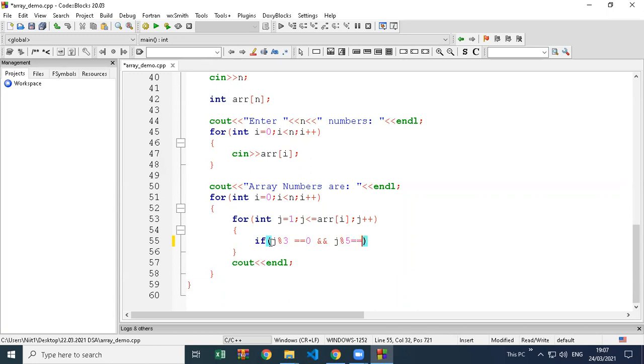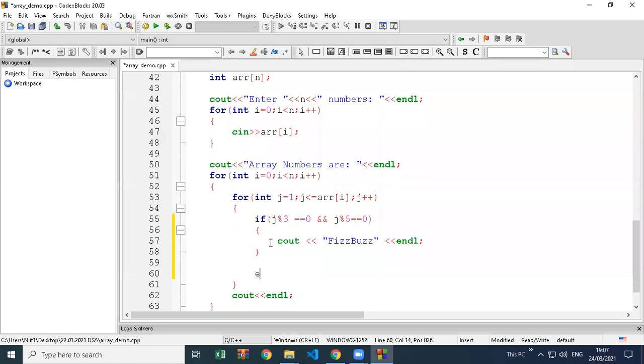The number we were printing was this J actually. So if that number J is divisible by 3 and 5, we'll print fizzbuzz, correct? If divisible by both 3 and 5, fizzbuzz. If by 3, only fizz.